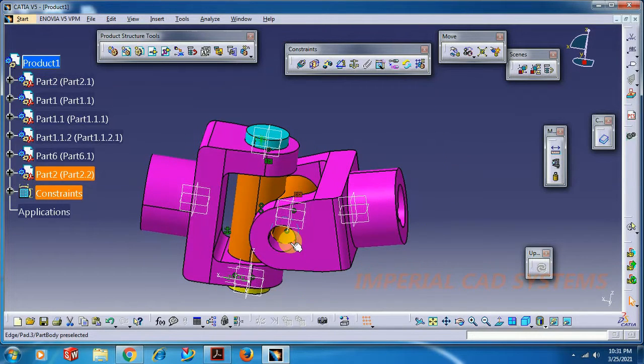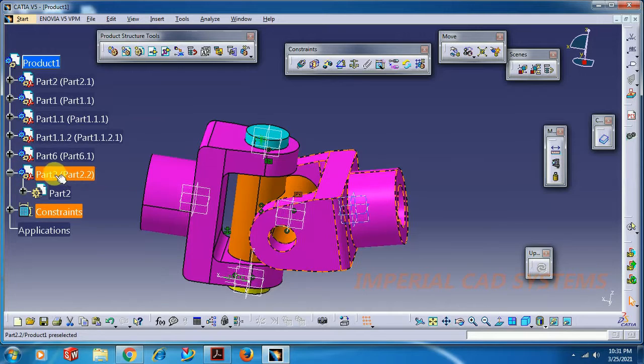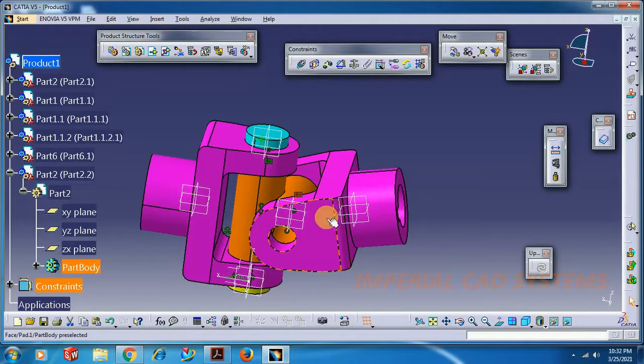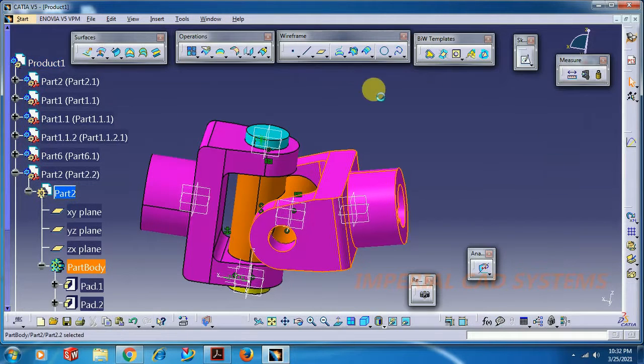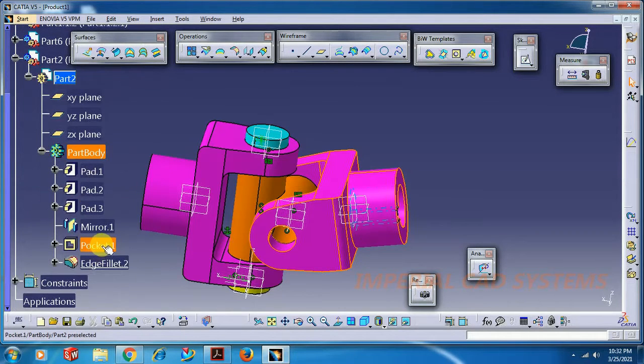If any modification needs to be done on the part, then you can directly open that part. Double click on part body, then it will take you to the part modeling of this part. Then whatever you want to edit, you just double click pocket.